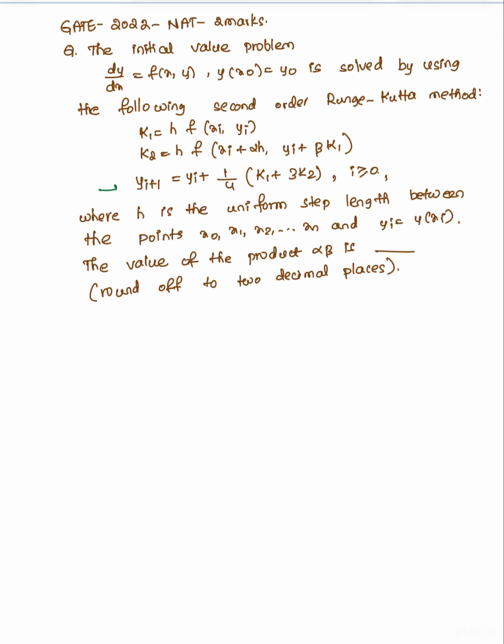So here alpha and beta are mentioned in k2. So before that we have to see what is the general second order Runge-Kutta method, so that it will be helpful to solve the current problem. So the general second order Runge-Kutta method is given by